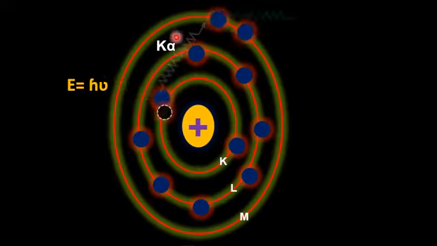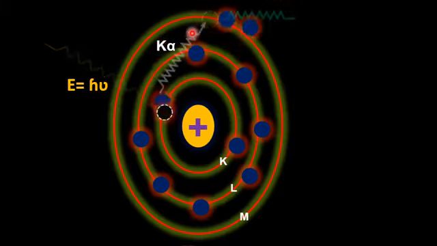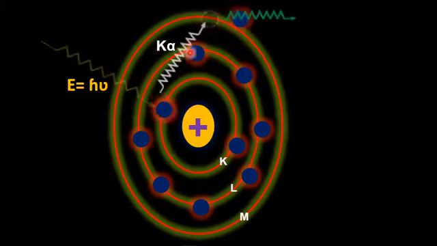So when the K alpha, or characteristic X-ray, is released due to this transition from a higher energy level into the core K shell energy level, if the energy of the K alpha radiation is higher than the binding energy of the electron in the atom,